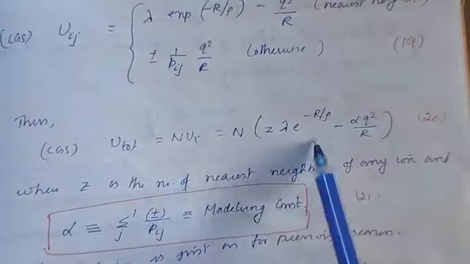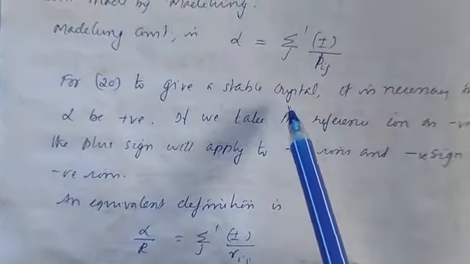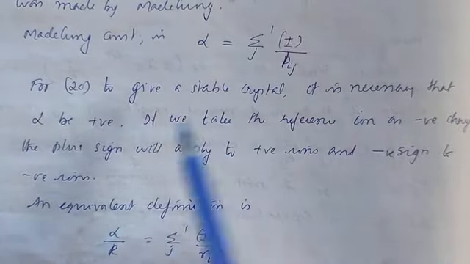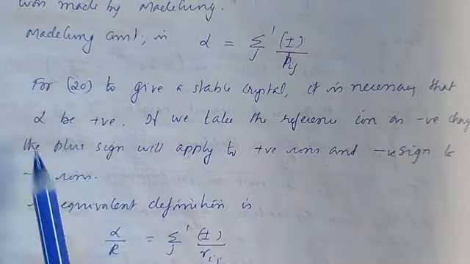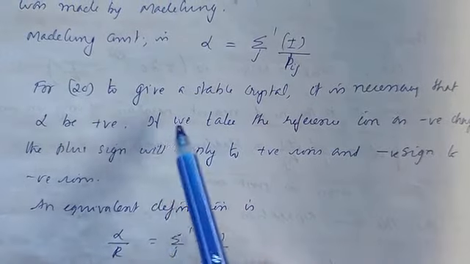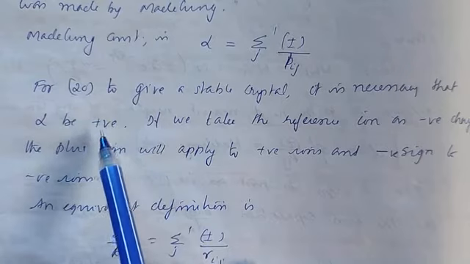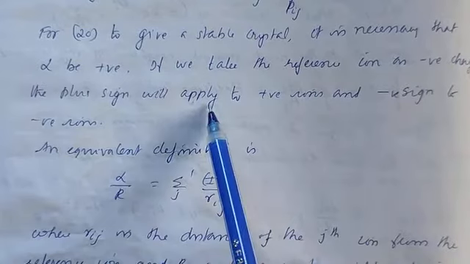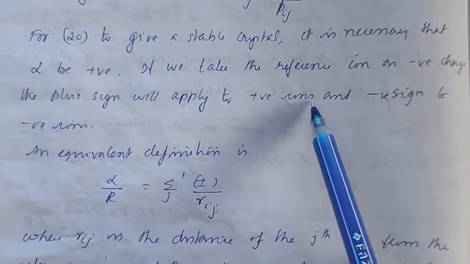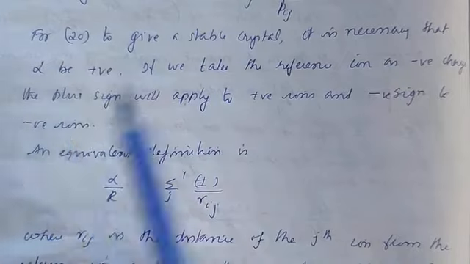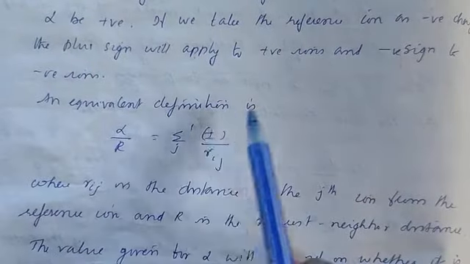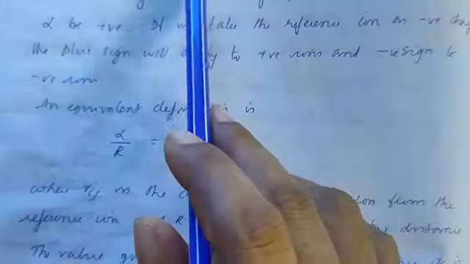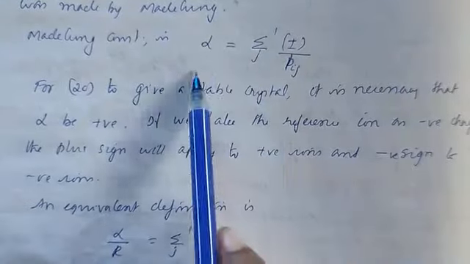For this expression, the total energy expression, to give a stable crystal, it is necessary that alpha be positive. That means only then will the energy be a minimum, in order for the crystal to be stable. If we take the reference ion as negative charge, the plus sign will apply to positive ions and the negative sign to negative ions. An equivalent definition is given by, so if we divide both sides of this equation by R,